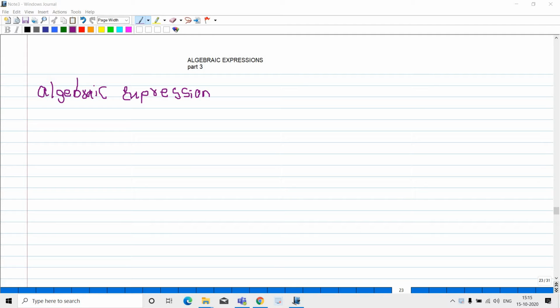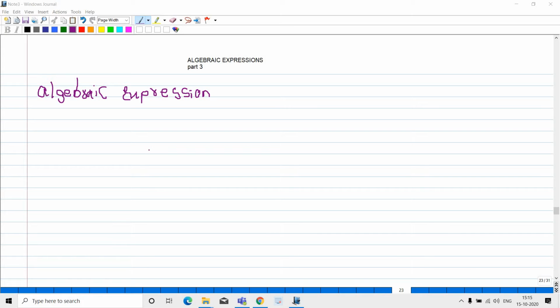In part 1 and part 2, I explained about the mathematical operations on numbers and variables, and constants and variables. Now in part 3, I am coming to the main topic, algebraic expression. What is algebraic expression? In the last two classes, we learned about the basics of algebra. Now we are entering the main topic, algebraic expression, and it is the main and basic topic in mathematics. So now we will start our class.